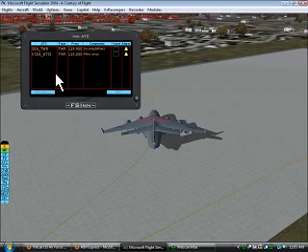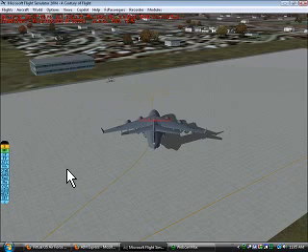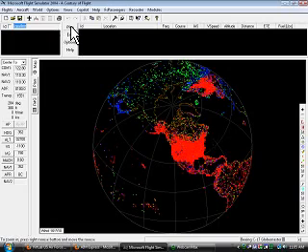Okay, this is... Oh, ATC's online, nice. This is to show how to properly file a flight plan with FSInn. So what we're going to do, I use FSNav, so